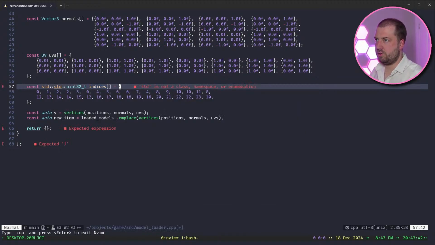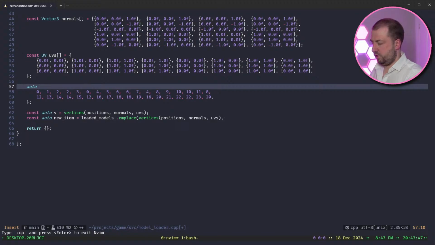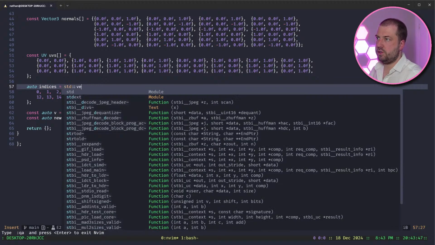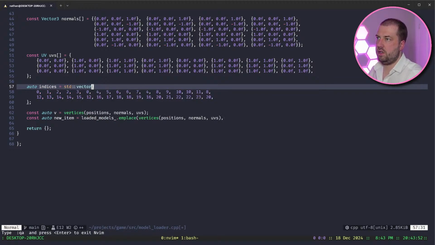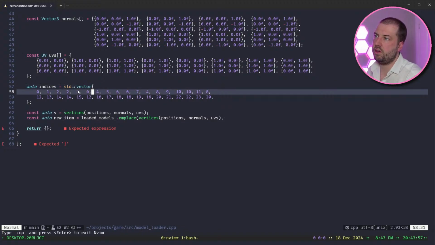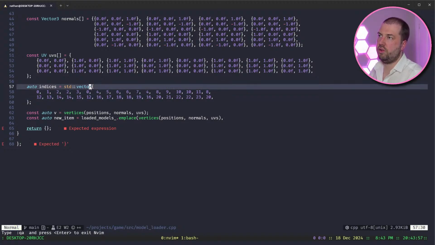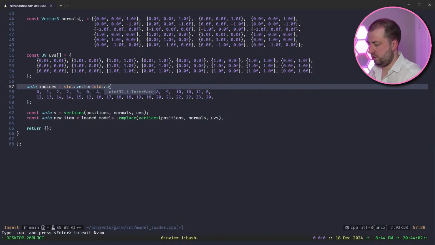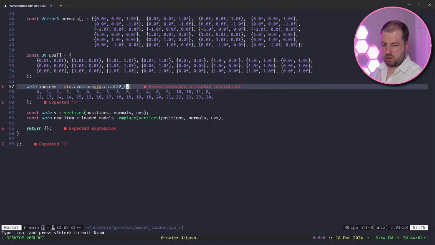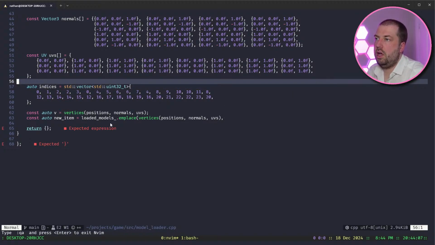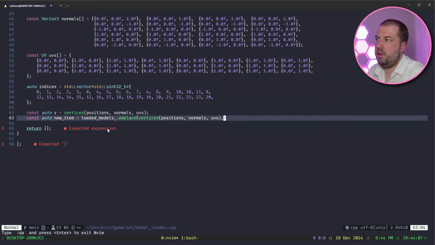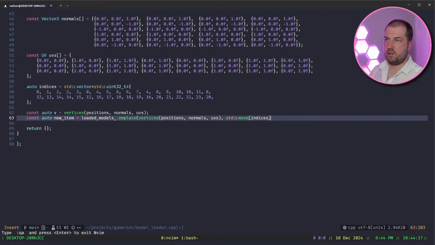So actually now I can use my preferred naming scheme, which is auto indices equals std vector. I can actually use CTAD there to deduce the... Oh no, we can't, because it will assume it's an int, not an unsigned int. Literals are deduced to an int by default. What am I doing? Loaded models emplace. That std move in indices. There's no sense copying it, so we've already created it. And